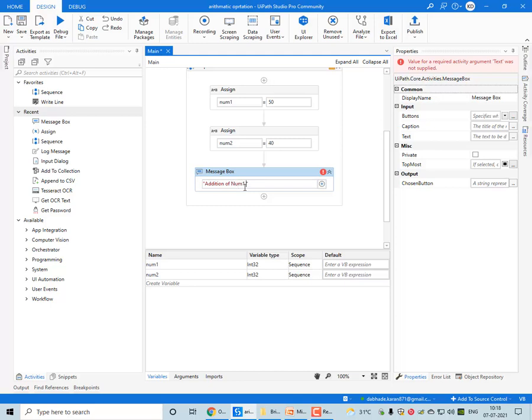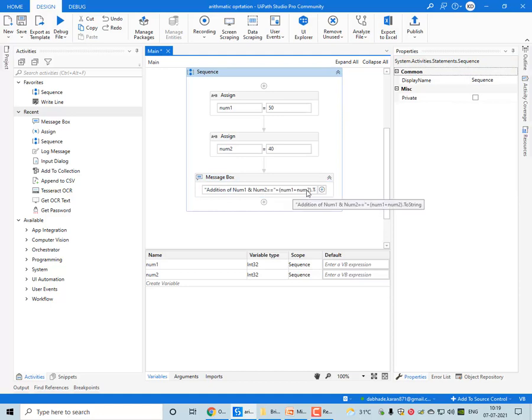Addition of number1 and number2 equal to, I will concatenate this with the variable num1 plus num2 dot ToString.